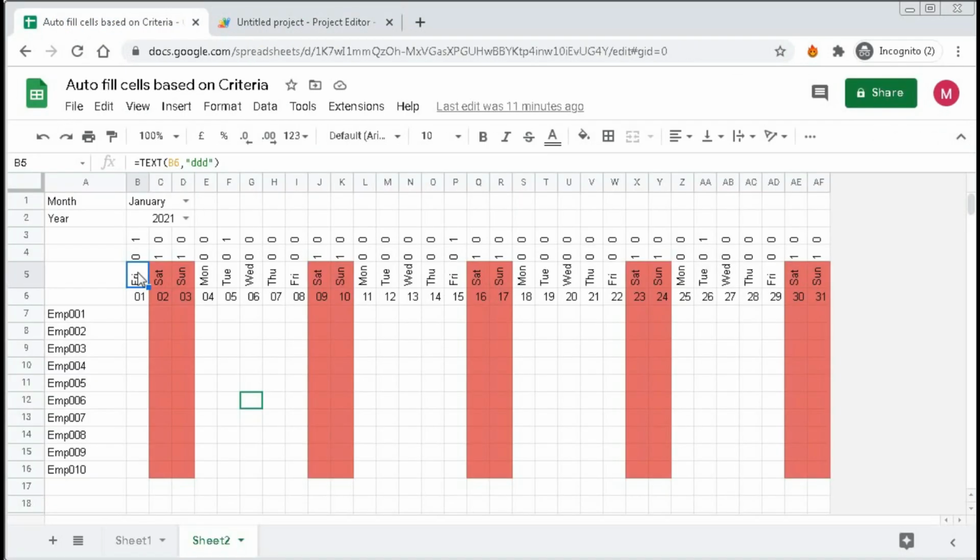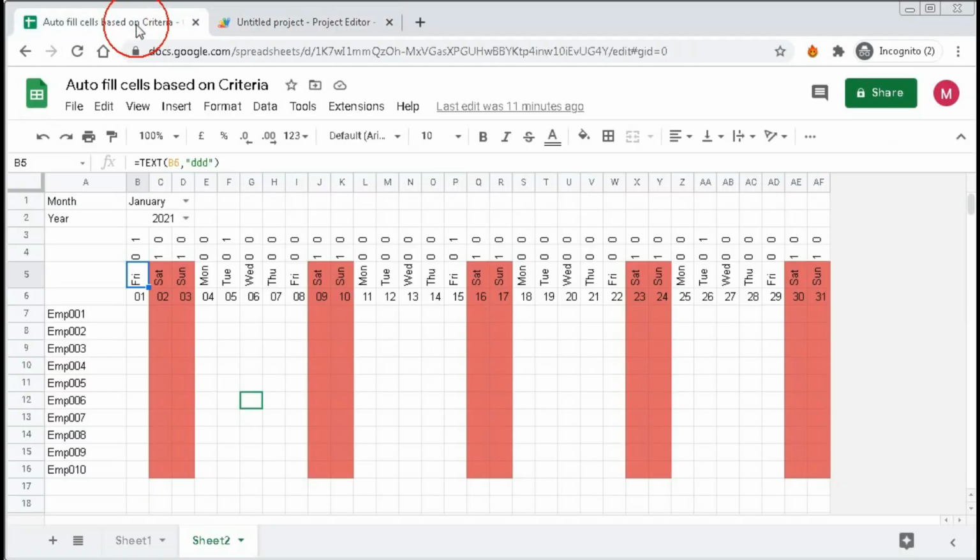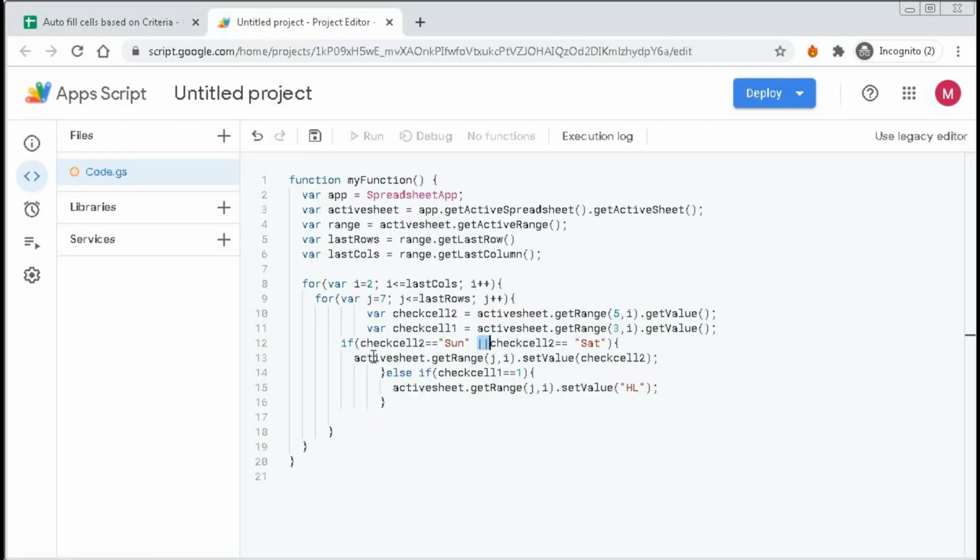That means if this cell is equal to Saturday or Sunday, then active sheet dot J1, J is row, I is column. So first it will put a value here. If it is Saturday or Sunday, then it will put the value Saturday and Sunday, then again this cell, then this cell, then this cell. It will continue to loop. When this loop finishes, then it will go to this column's loop.